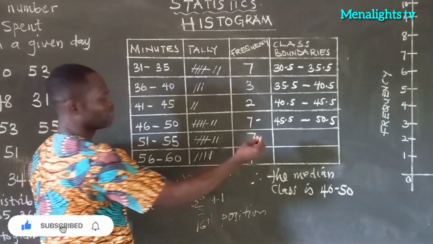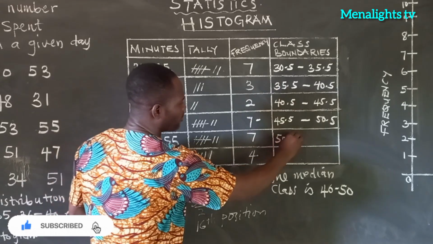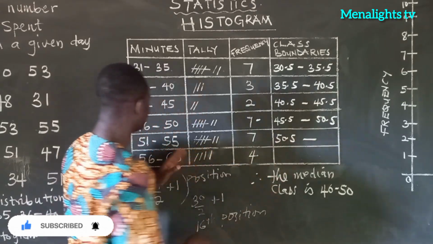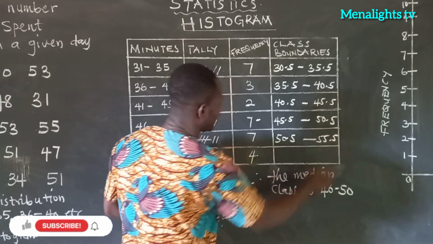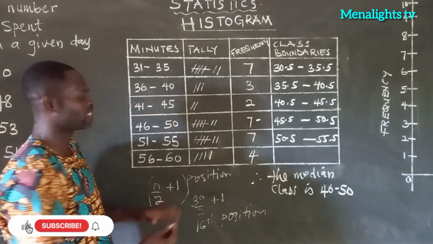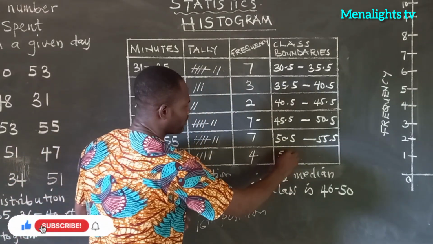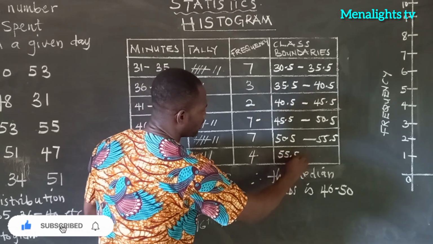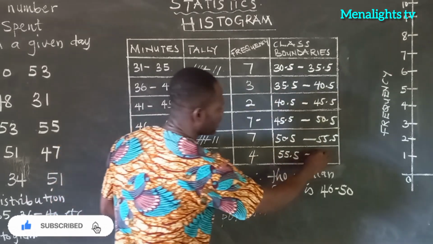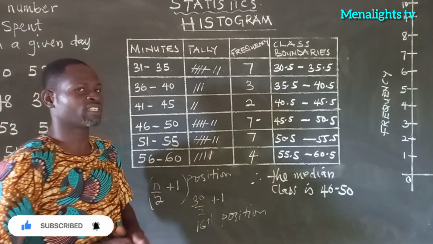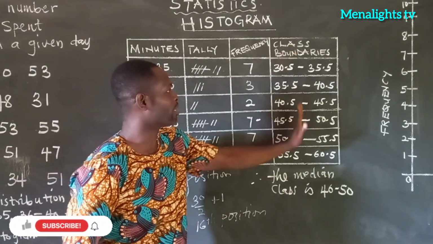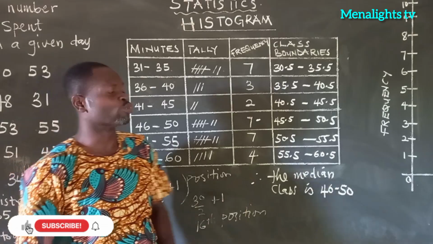So the next one, the same, 50.5 to 55.5. And then the last but not the least, 55.5 to 60.5. So now that we have this, we are going to use the class boundary and the frequency to draw